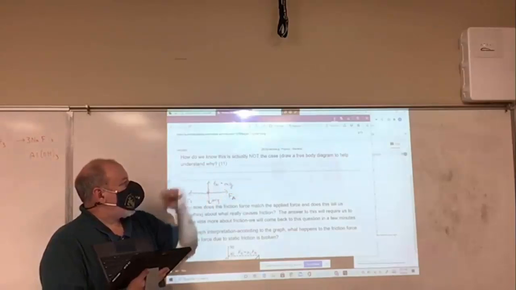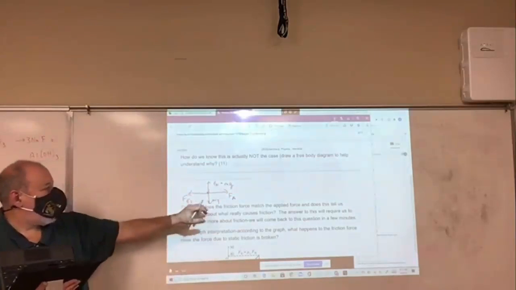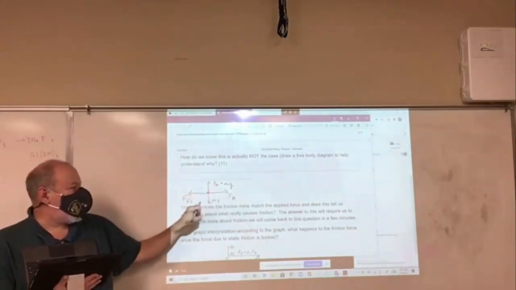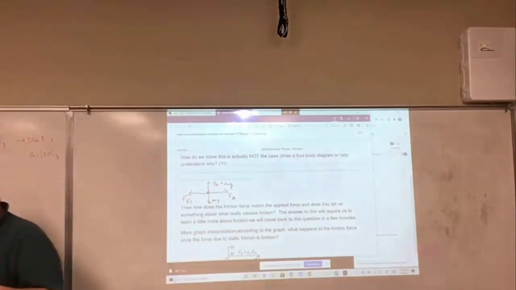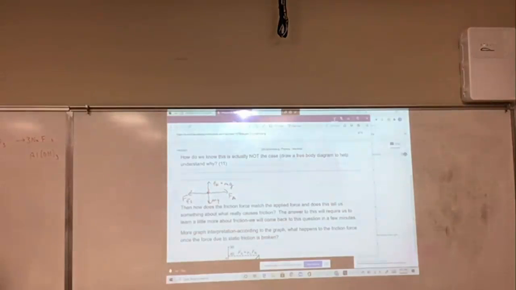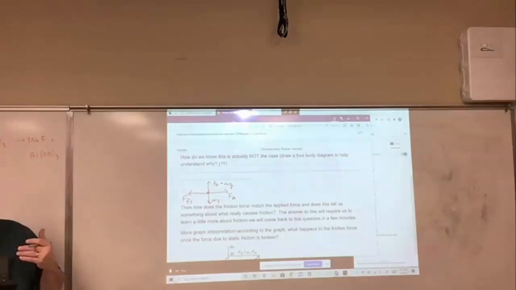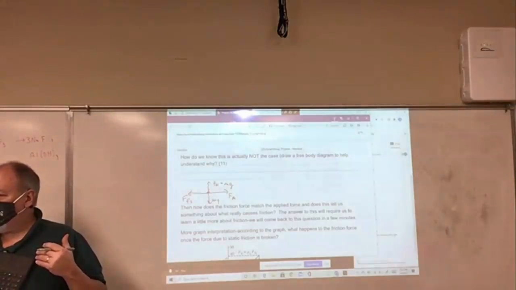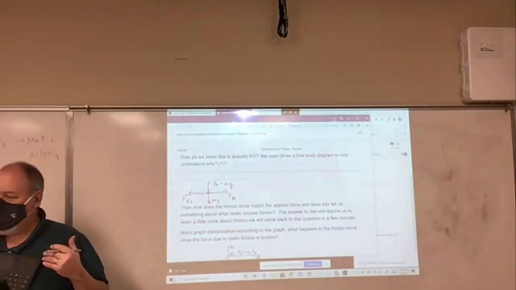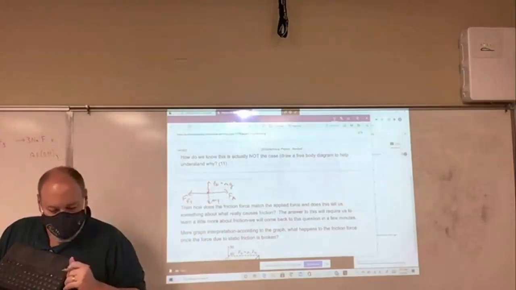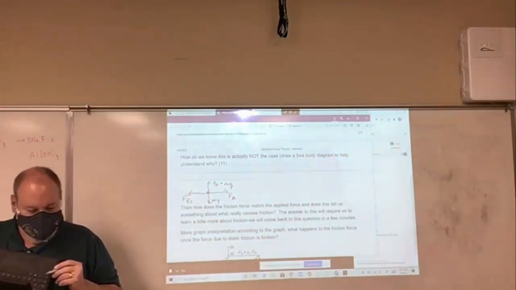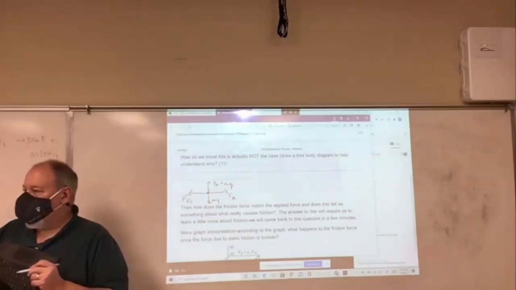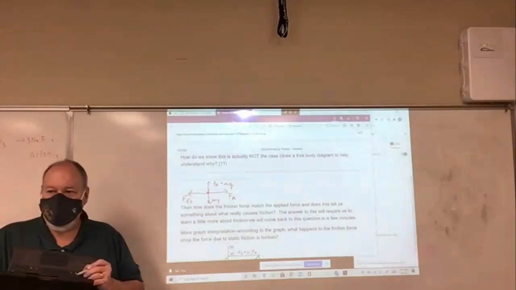How do I know this is not a reaction force, though? Every time I increase this force, it matches. And that's the hallmark of a reaction force. So why is this not a reaction force? If some of you have peeked at the answer, what might that suggest? What might this free body diagram tell us about why that's not the case? Do action-reaction forces act on the same object?